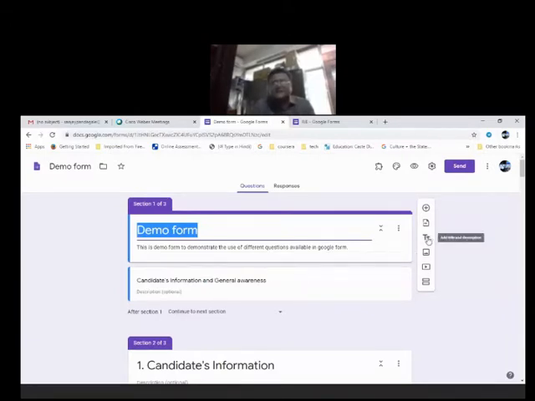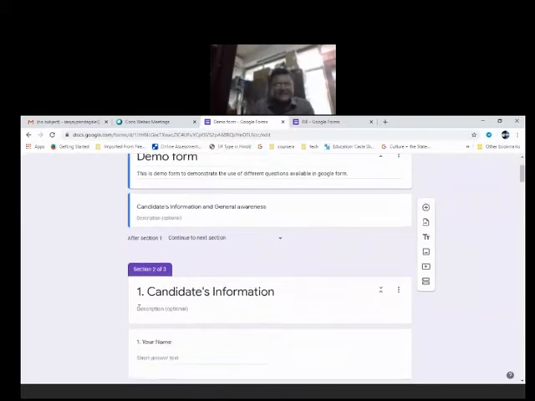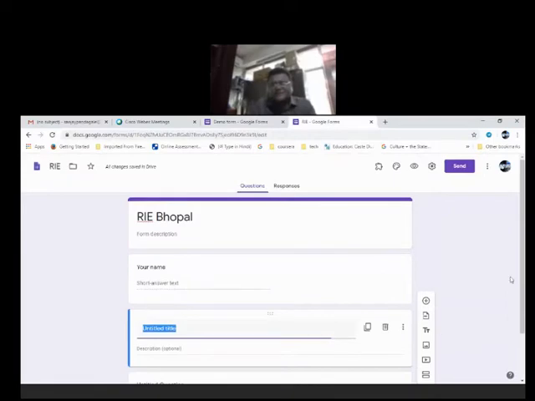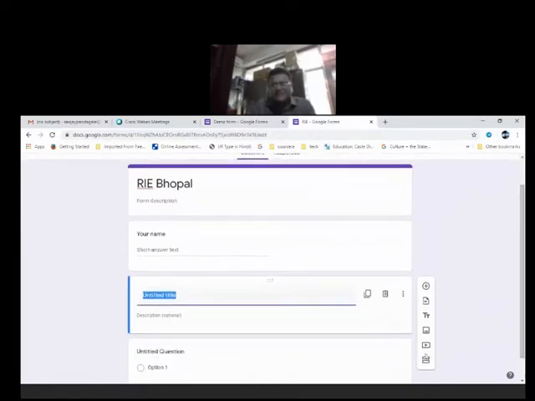Now I want to add a section, like this, candidates information. Even the demo form is also one of my sections. So if I want to add a section to my form, then I need to go to this last button, add section.